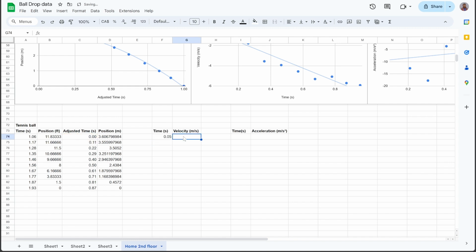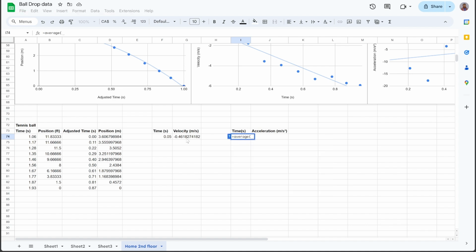There you go. And we're going to get the instant velocity. So we're going to go y2 minus y1 bracket divided by x2 minus x1. Said that wrong twice now. Okay, and then this one will be